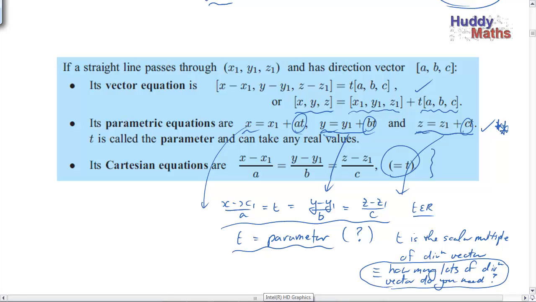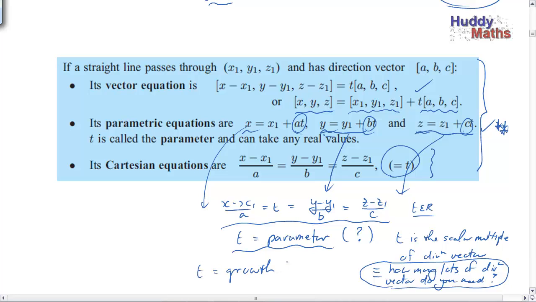Do you get it? I want you to get up close and personal with this. Remember the hierarchy, Huddy's hierarchy. You can learn the rules. Here's all the rules, mate. What's the concept? What's really going on there? What's the idea? And then I see it. So we can get the idea of this growth factor, if you like. Oh, there's a Huddyism. T is a growth factor. Hey, I'm going to come back to that